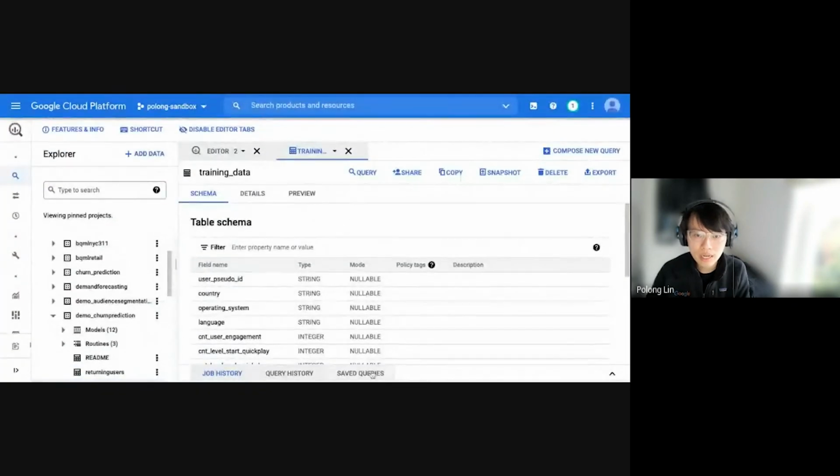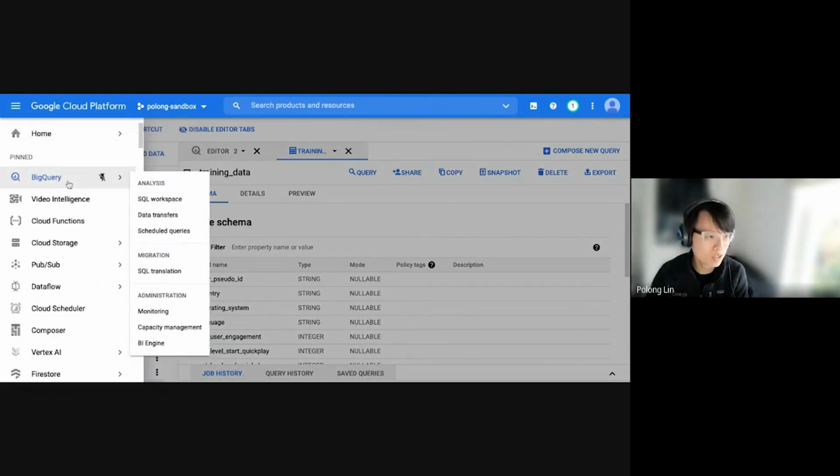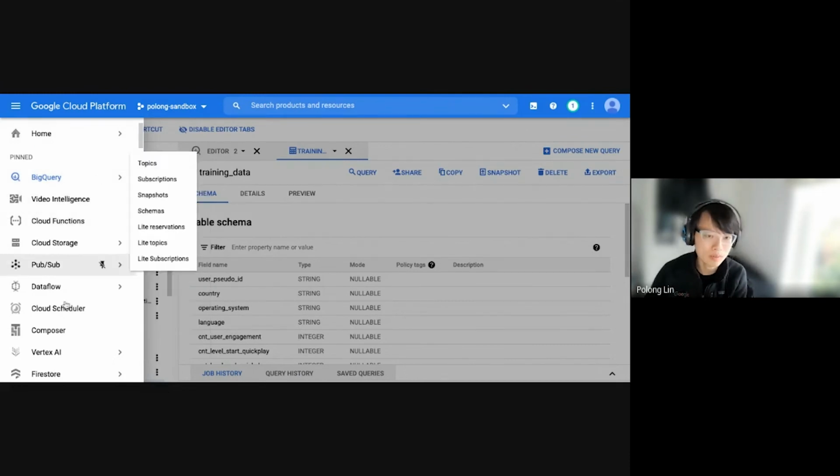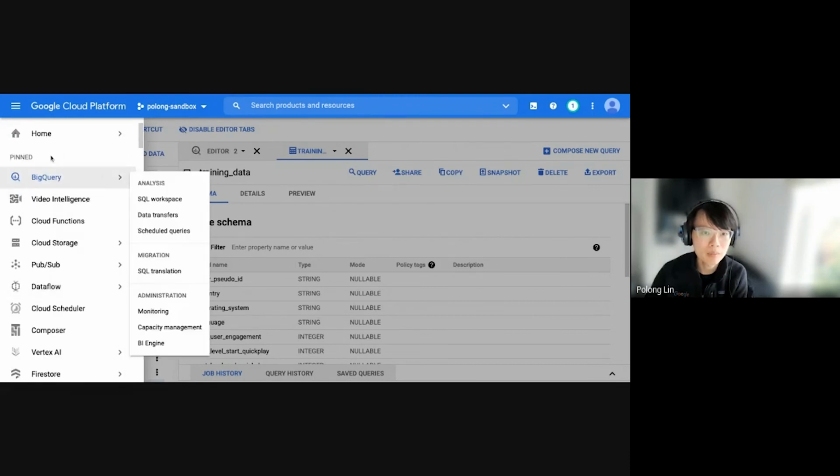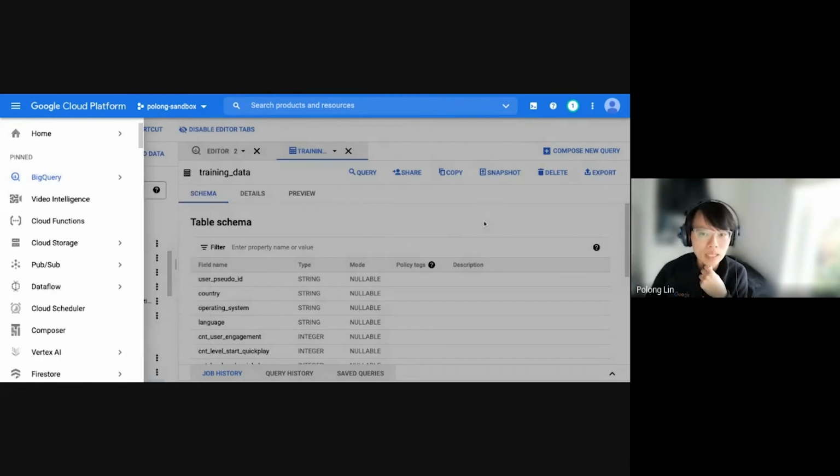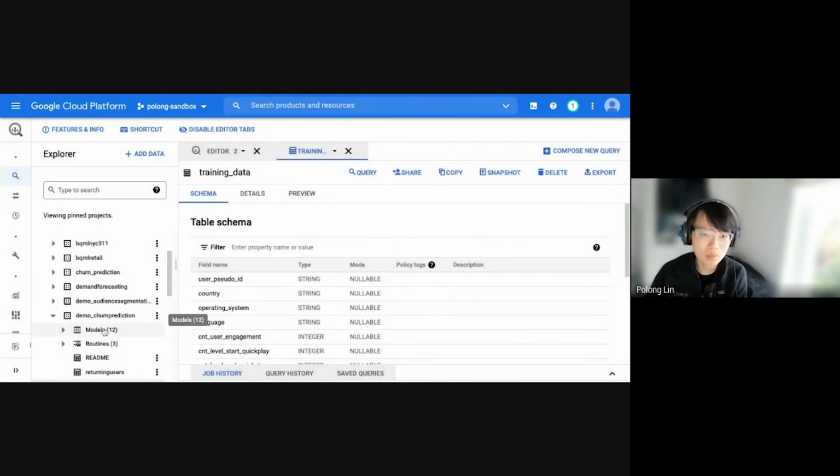So first here I have, hopefully everyone can see this, this is BigQuery. In order to navigate to this screen, I've gone to this hamburger menu on the top left, and I've scrolled down to BigQuery. I've pinned it up here, but you can click on BigQuery if you find it and navigate down below. But BigQuery is the data warehouse on Google Cloud. And this is where I have lots of different tables in BigQuery.